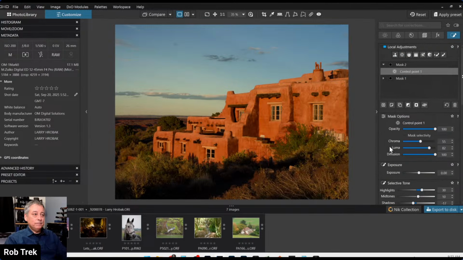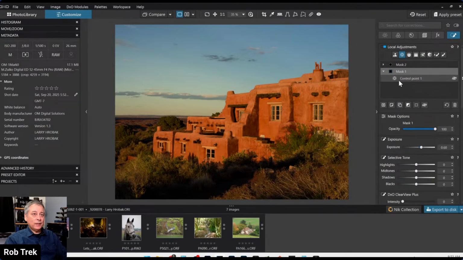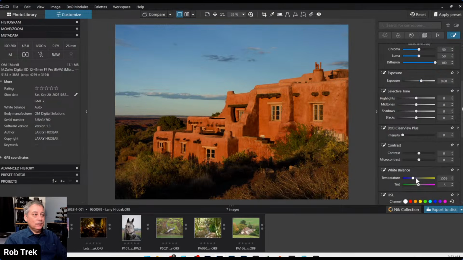All right, and then I'm going to tone down the yellow over here. Maybe go back to that mask and check the white balance again. Let me just go up about 500. Generally, whenever I make local white balance adjustments, I try to keep it within 500 Kelvin. Because if I do too much, it'll start to look unnatural, right? So just around 500 Kelvin, and then